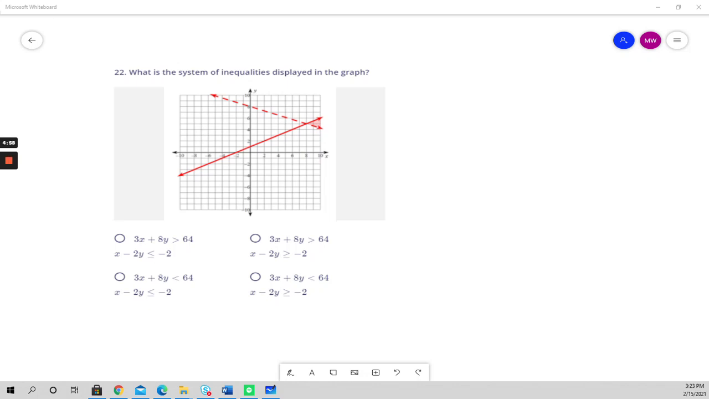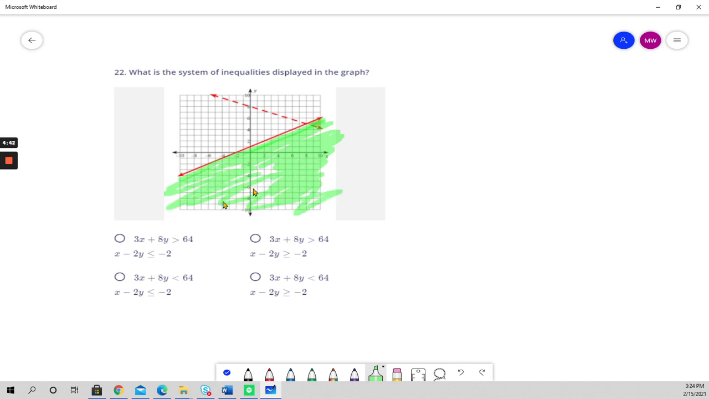What is the system of inequalities displayed in the graph? First thing I'm going to look at is the shading. So just this small section right here is shaded, which means that 0, 0 is a true statement for my solid line, but it is a false statement for my dashed line, because that would have generated just that little piece being